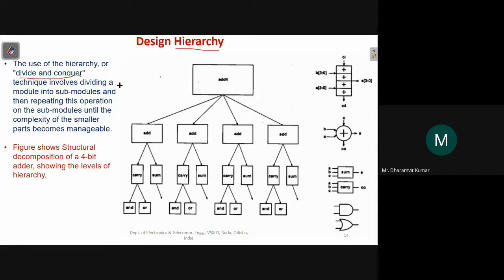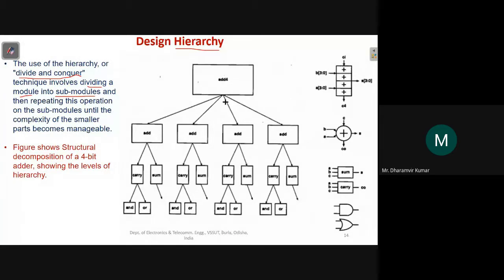The same concept is also used here in the process of designing a complex circuit. So what we do is divide a module into submodules, and then repeat this operation on the submodules until the complexity of the smaller parts becomes manageable.